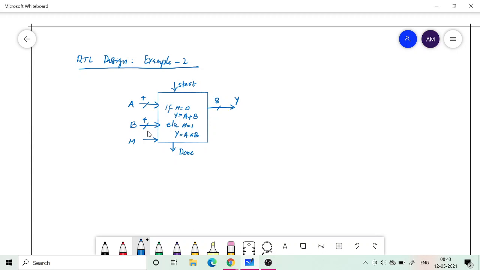So there is a lot of importance for the specification of the design to be made very, very clear.